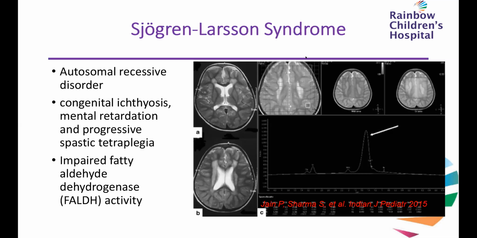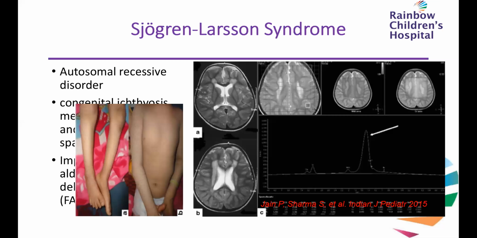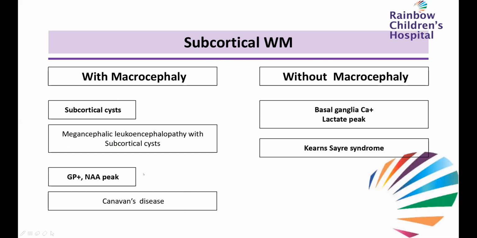What we see in the MRI is deep periventricular white matter involvement and a lipid peak, which is very prominent in cases of Sjogren-Larsen syndrome. So this is the ichthyosis, which is very prominent in these kids. So coming from deep white matter to subcortical white matter involvement, we again have two